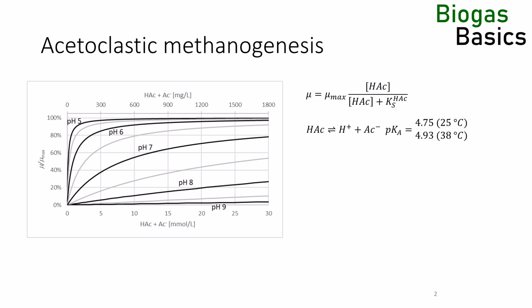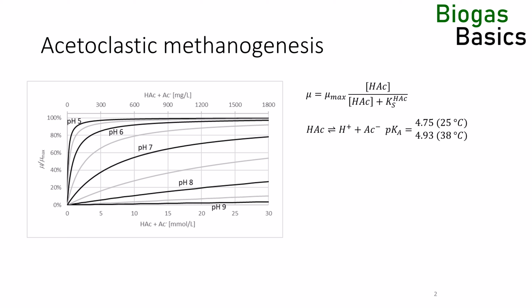At first glance, this contradicts experimental evidence, but the pH does not only influence the dissociation equilibrium of acetic acid, but of a few other important molecules in the biogas process. Further, an unfavorable pH also has an impact on the mu max or doubling time in free growth. If the pH gets too low, the methanogens slow down their growth rate, not because of limitation or inhibition, but simply because of unfavorable pH conditions. Methanogens rely on proton pumps for energy generation, and they are severely impacted by a low pH that leads to an accumulation of protons outside the cells.